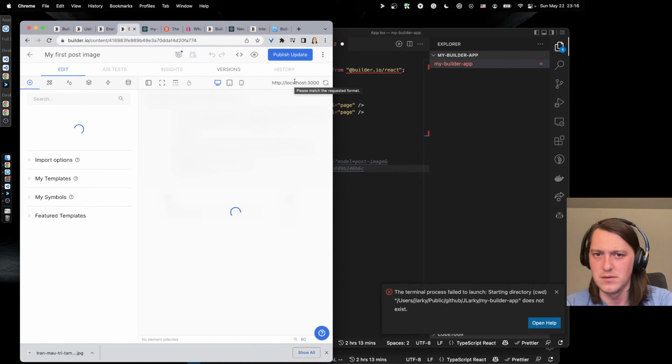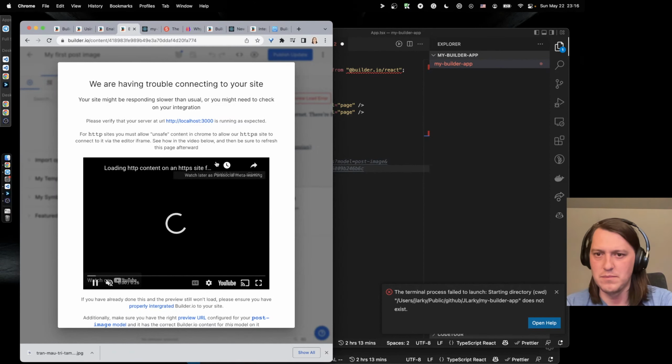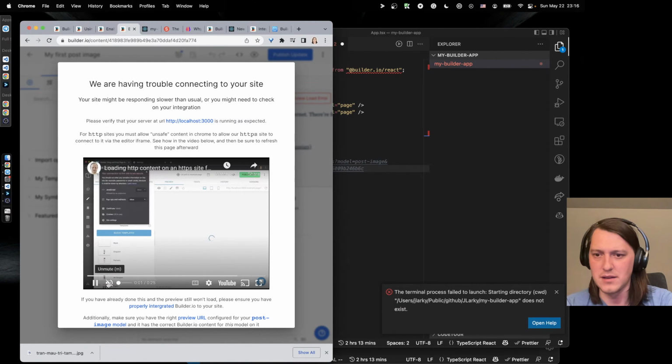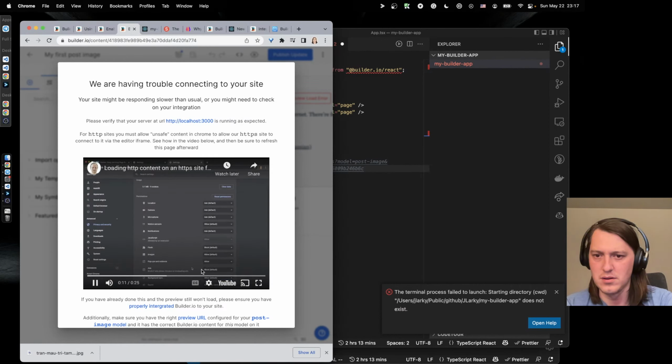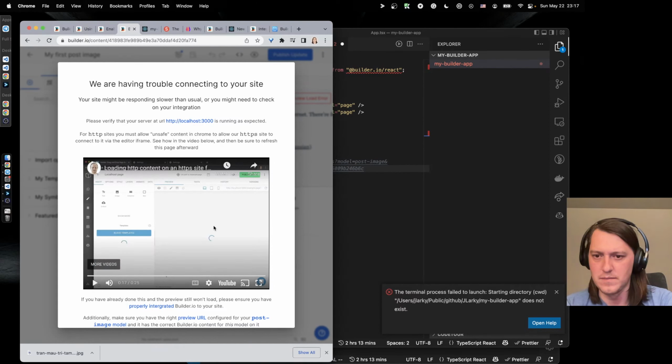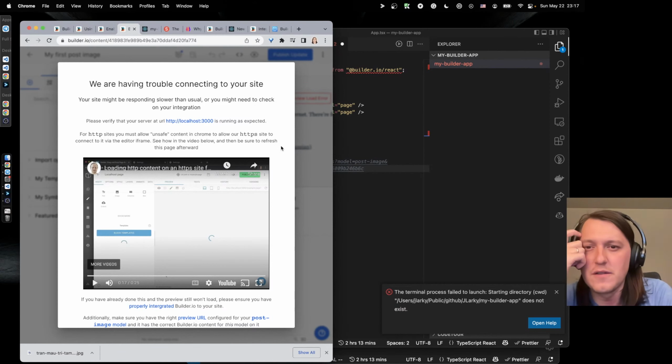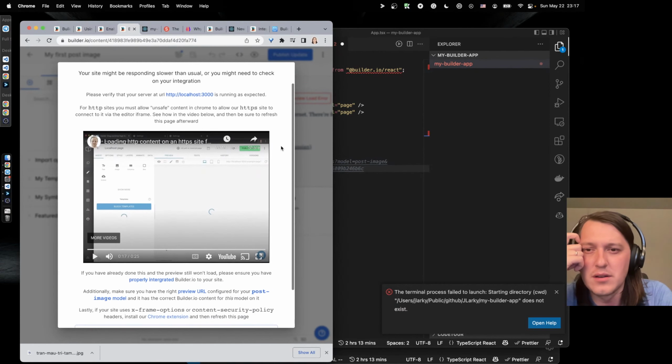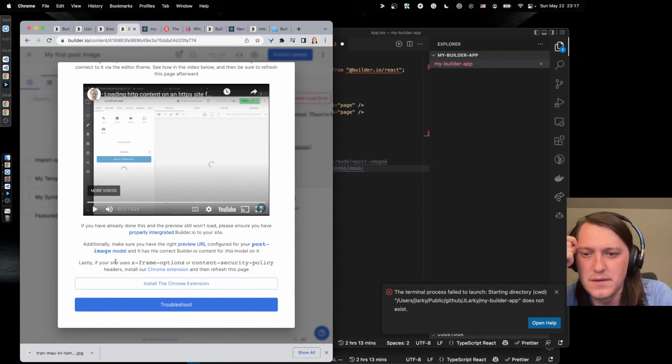But that page probably doesn't have like the, please verify that your server is running HTTPS and stuff.